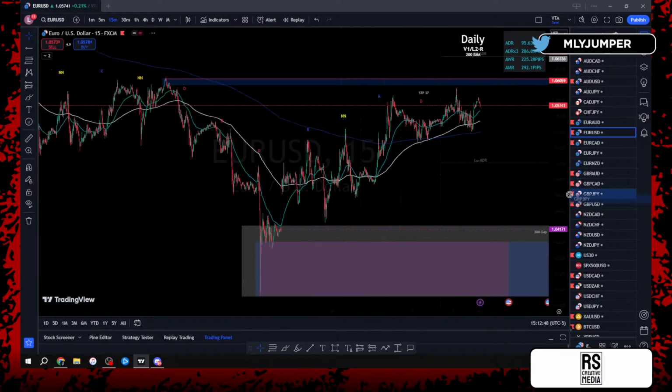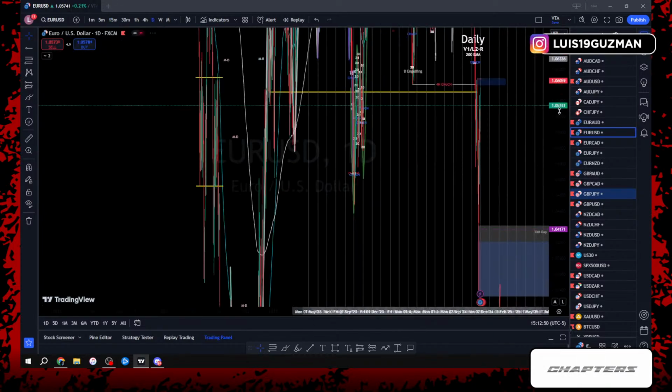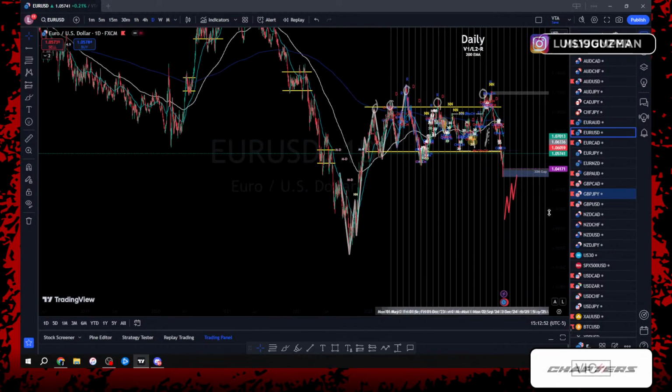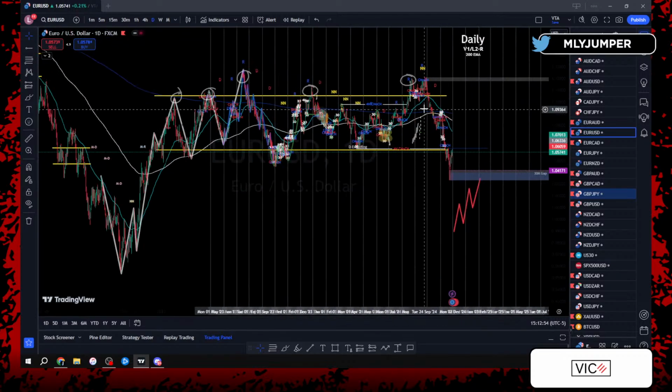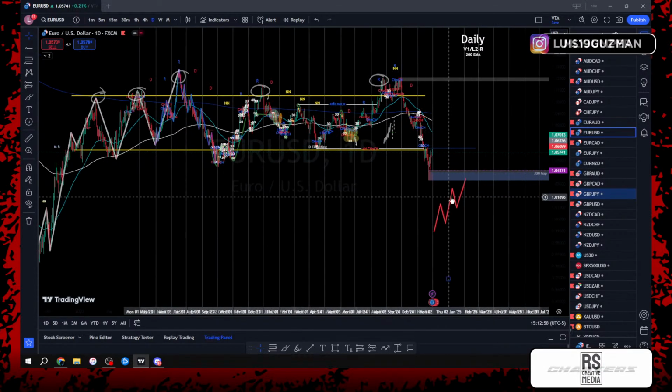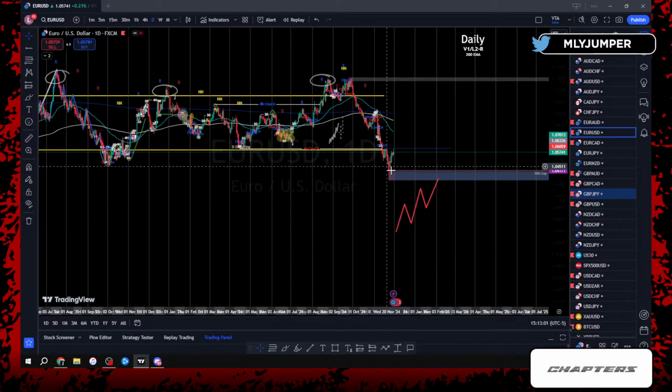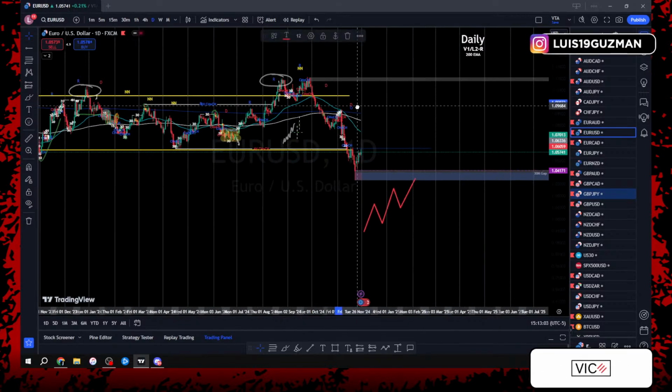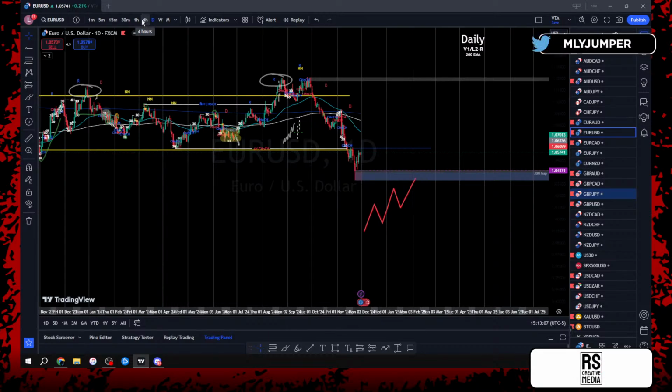So Euro USD daily time frame, right? We're again V1, looking for that second push to be made. We're at the bottom of the zone of consolidation. Once again, safety trade here at the lows. Price is still making lower lows and lower highs. We have 2 months of counter drop, so we're still not 100% ready to go.